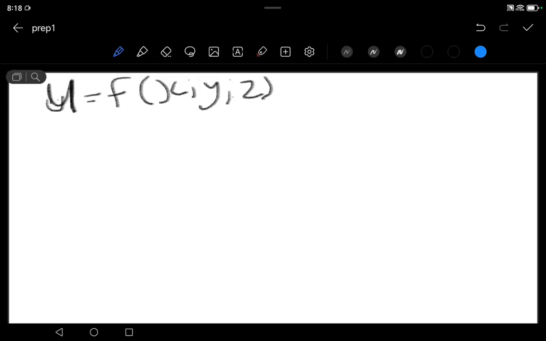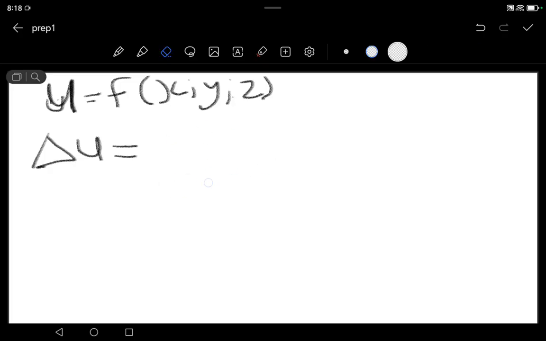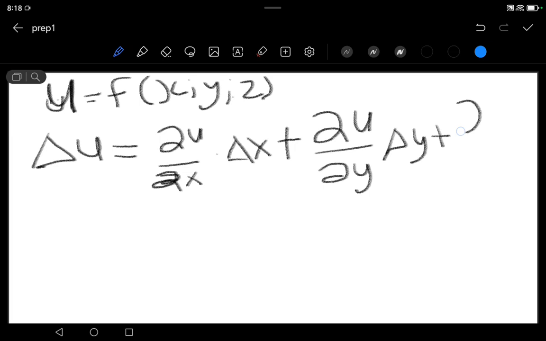So how are we going to derivate? We're going to say change in u to show that we're derivating u with respect to x, y, z. So it's going to be change in u over change in x multiplied by change in x. No, I'm lying. It's going to be du, to show that we're derivating, du over dx multiplied by change in x, plus du over dy multiplied by change in y, plus